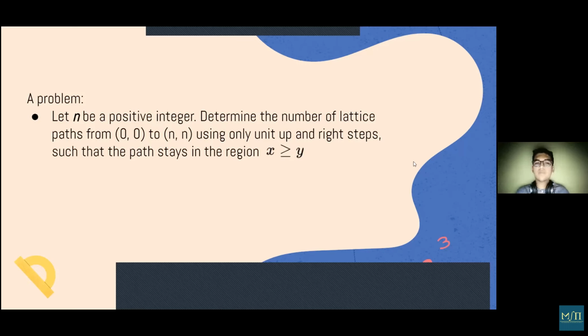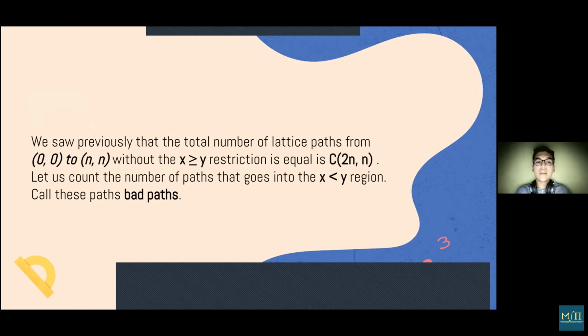Now, this problem is a bit more complex than the one we discussed before. Why? We previously saw that the total number of lattice paths from 0,0 to n,n is 2n choose n. It was choosing m plus n elements from m plus n elements. In this case, m and n are both equal, so it's 2n choose n. And so we have to now count the paths that go